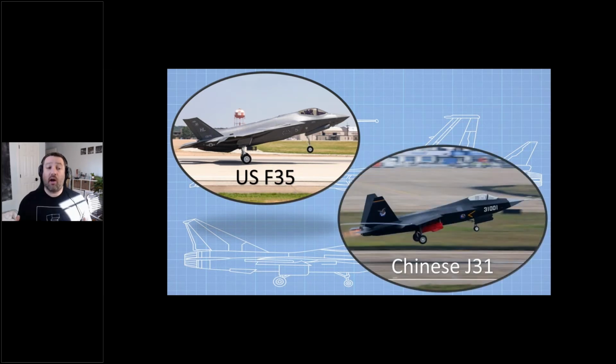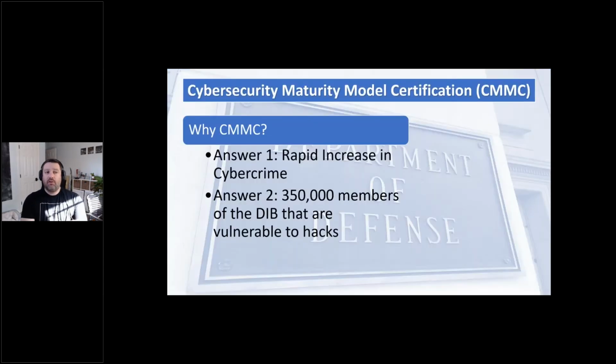Well, due to parts of the F-35's blueprints being involved in hacks, because there are 1,400 organizations that touch this thing, the Chinese have been able to develop the J-31. And while not a carbon copy of the F-35, their development cycle was exceptionally truncated due to the fact that they likely got pieces and parts of the blueprints for the F-35 during cybercrime. Cybercrime, of course, being either a hack that was intentional or buying information on the dark web, etc., however you want to put it. So why CMMC?